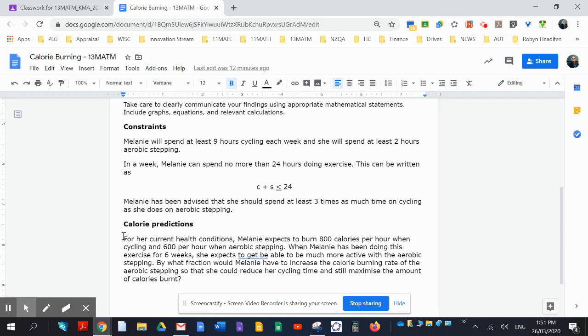Now, the optimization is whatever we would like to maximize or minimize. In this case, Melanie is trying to maximize the number of calories she can burn while adhering to those constraints. The constraints are a combination of a maximum of 24 hours a week of exercise and cycling being at least 3 times as much as aerobic stepping, and she will be spending at least 9 hours a week cycling and at least 2 hours a week aerobic stepping. So what we've done is taken all of this and put it into our application Desmos and found our